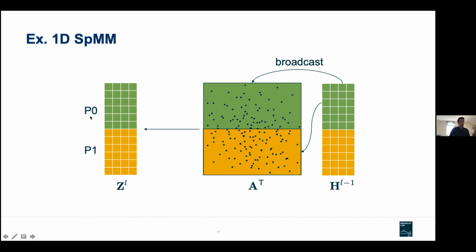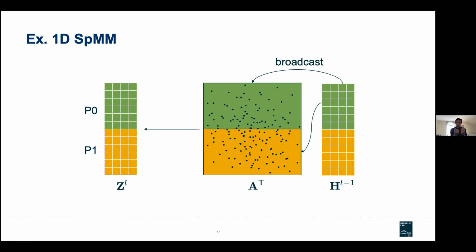So for instance, here we have two processes, process 0 and process 1, and each process owns half of each input matrix. To do a distributed SPMM, what we effectively do is we take each block row of H, broadcast it to all the processes, and each process receives a block row of H,